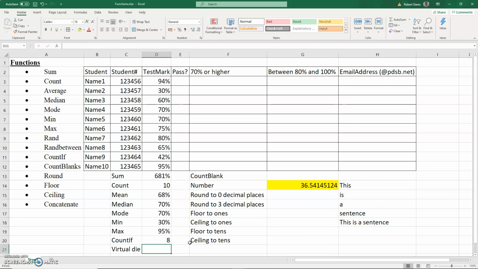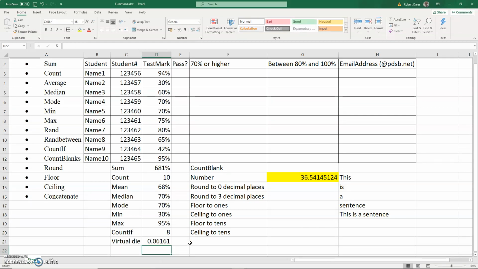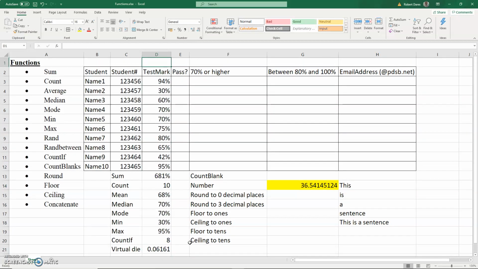So let's take a look at the RAND function. RAND is a function which will take a number between 0 and 1 and continually spit out new ones. If I just press delete in this blank cell, notice that it randomly creates a number. So how do we create a random